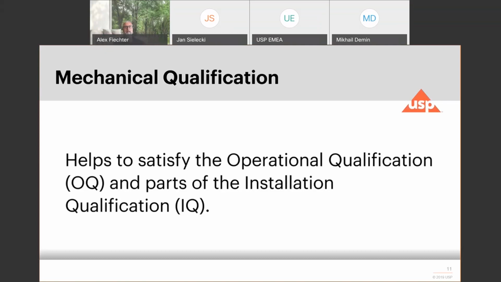So please check your equipment and accessories under IQ before you assess them with the mechanical qualification. A thorough mechanical qualification is important. And with our recommendation, before every PVT it should be done again.